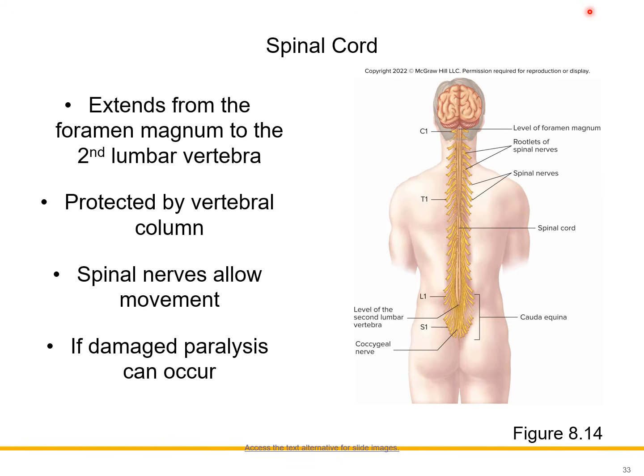Yung capability po natin to move our torso is thanks to the nerves on our spine. Now, any damage to the spinal cord could lead to paralysis. Depende kung saang segment po ng spinal cord yung injured. Doon din po magsisimula yung affected areas of paralysis. If, for example, a person damages or obtains damage from their L1, then all the other areas below that, yun po yung mapaparalyze. Alright? So, hindi na makakalakad yung pasyente.